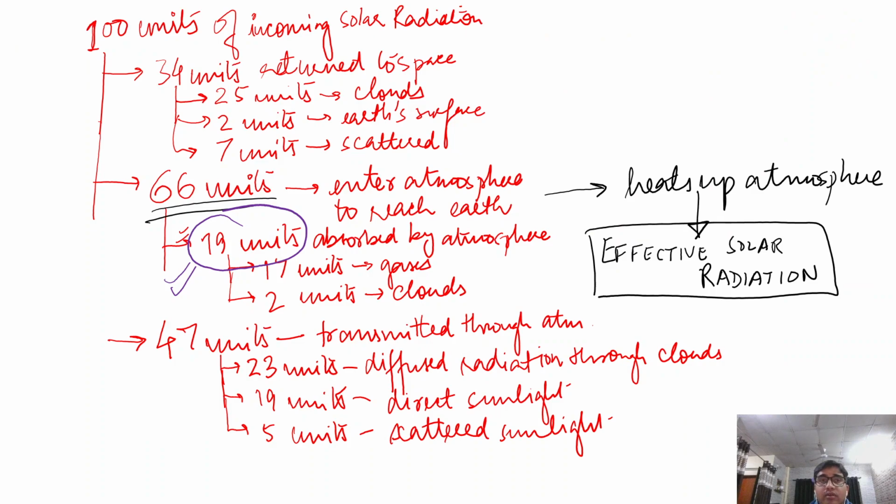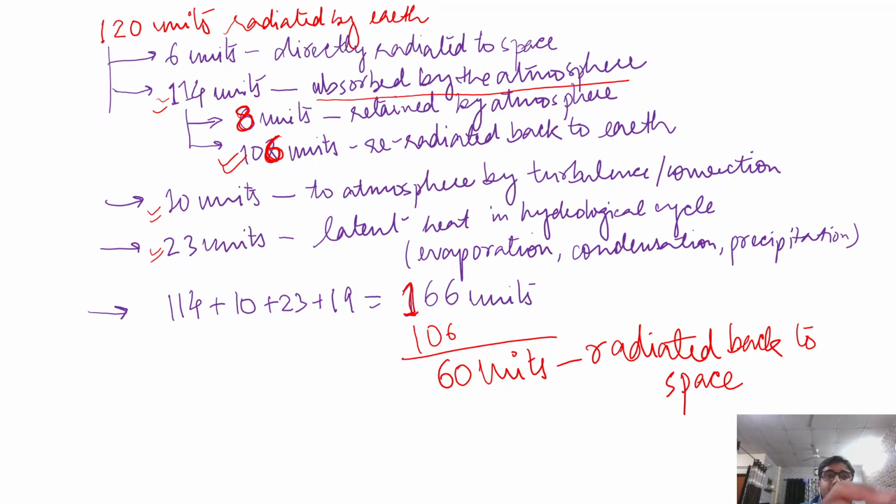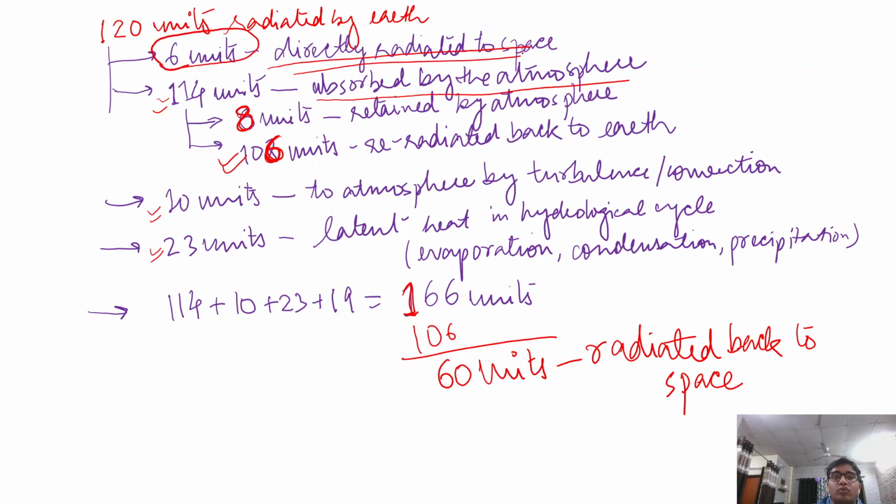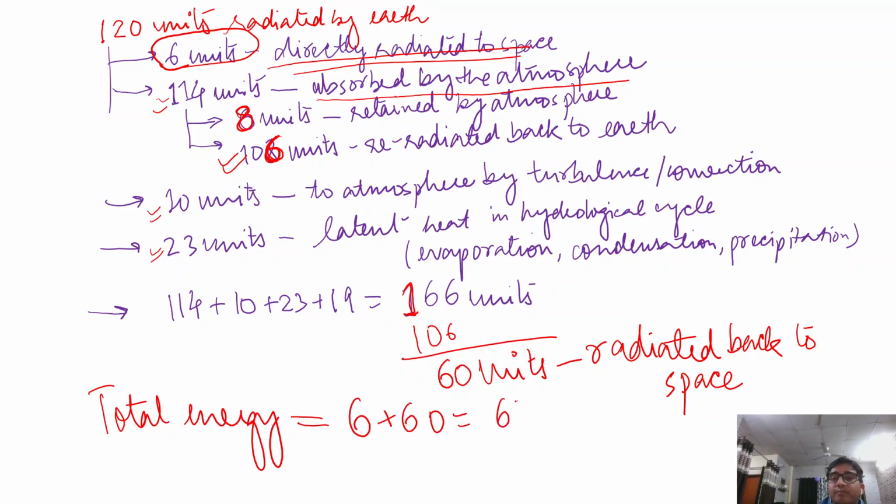If you see here carefully, then these 6 units were directly radiated to the space. So these 6 units were radiated from the earth's surface, and these 60 units were radiated from the atmosphere. So the total heat, total energy sent back in the space was 6 plus 60 is equal to 66